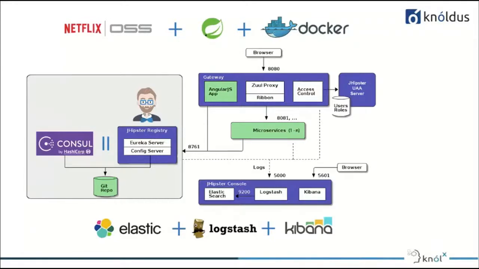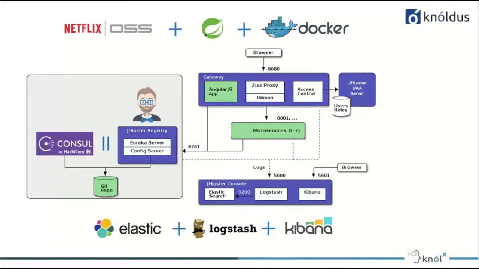So the green boxes represent those parts of the structure where we have to write our business logic. As you can see, the microservice we can generate through JHipster, but in the application generated by JHipster, we can add our business logic to the microservice. And same here, the AngularJS app, here we can add all the logic related to the front end, how the front end look and feel would be, can be handled and written in the AngularJS app.